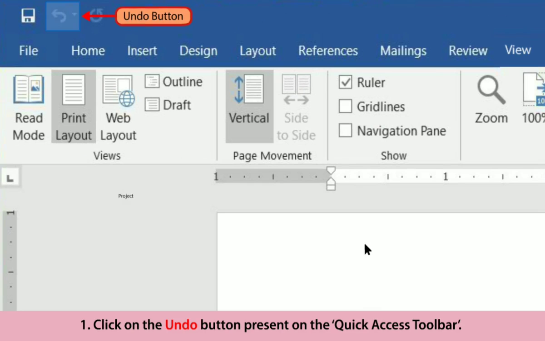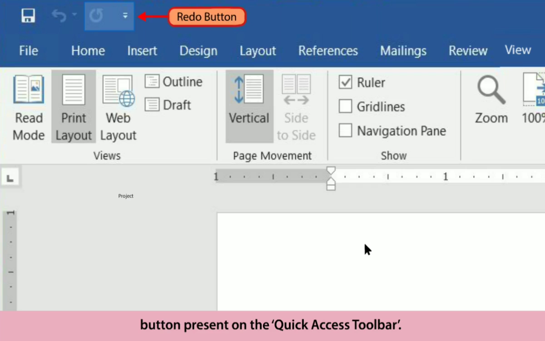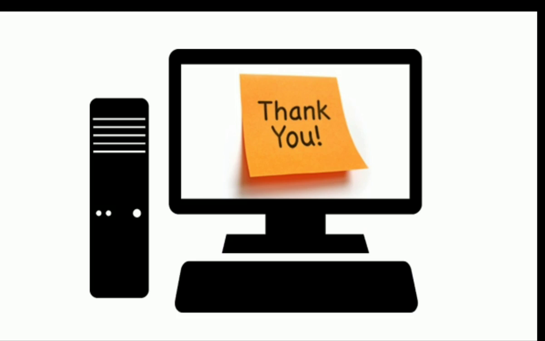Click on the undo button that is present on the quick access toolbar. So whatever the last changes we have made will be removed. To reverse the action of undo, we have to click on the redo command that is also present on the quick access toolbar.